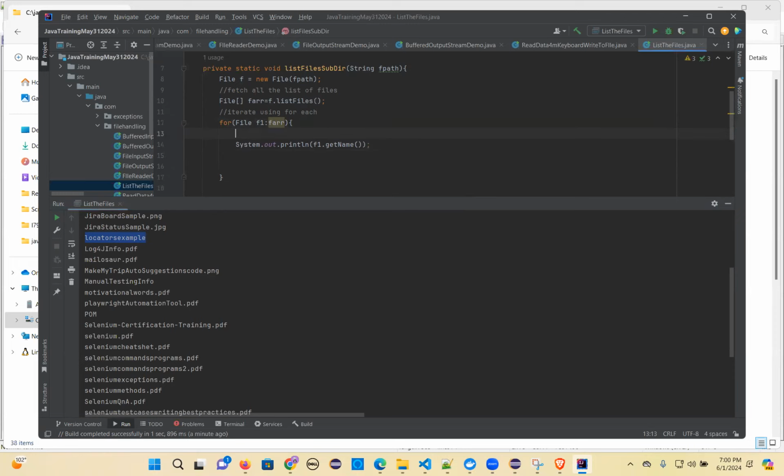And then if the file ends with .pdf, only print those PDFs, you can ask. So let's see that. In the File class there are so many methods, you can even get the file size, and a lot of methods are there. I'll show you one by one. Okay, condition: if condition you put,